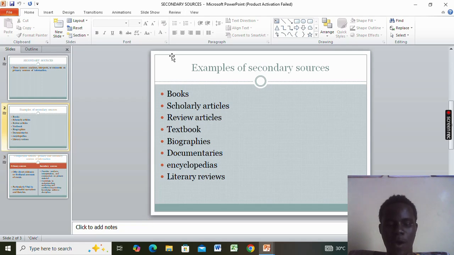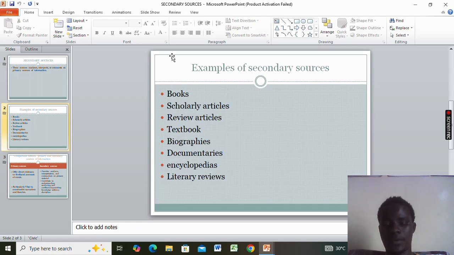Now you have known the sources. We'll go through a few steps on how you can evaluate the sources. I've just made a brief view on this. You need to check the authority of the source.